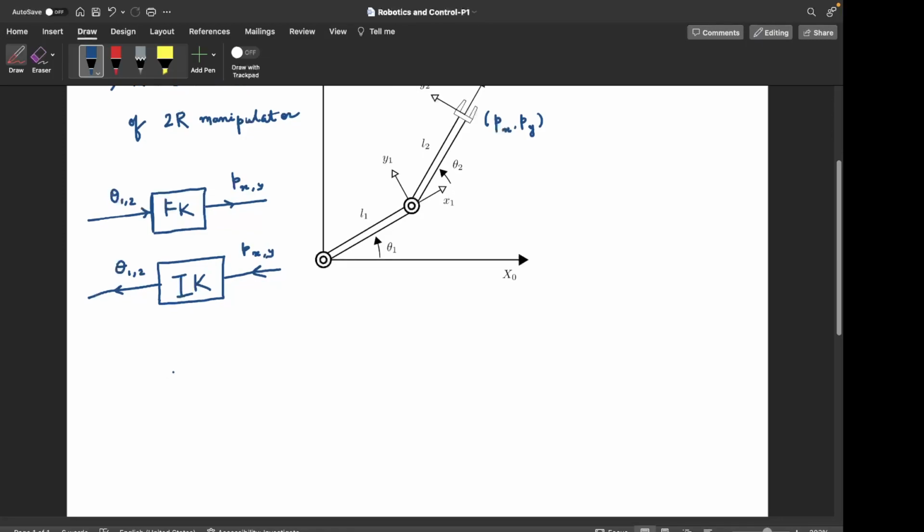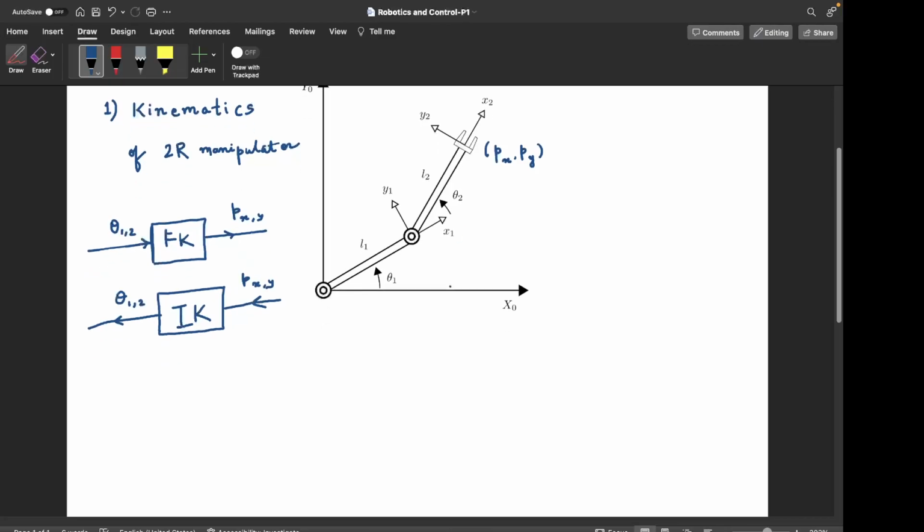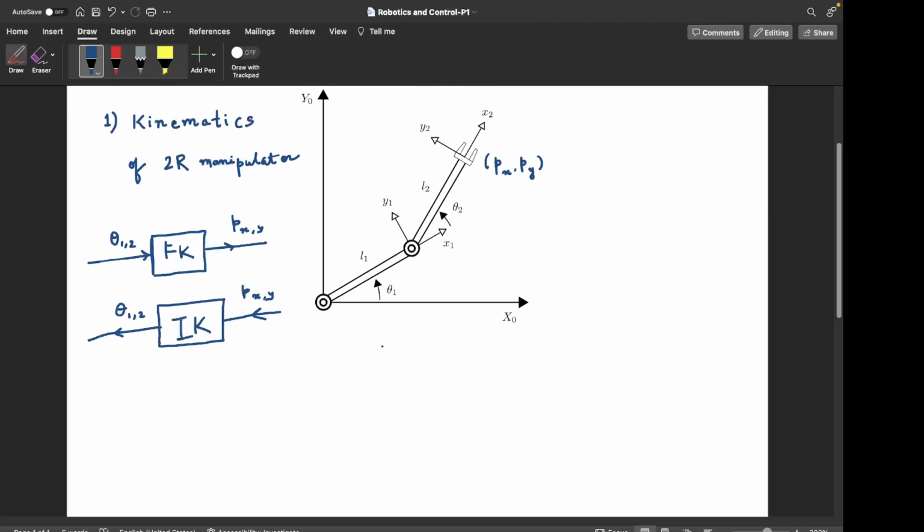Okay, so we will start. You can maybe think that an obvious approach would be to write px and py in terms of L1, L2, theta 1 and theta 2, right? So we would get two equations, one an expression of px in terms of these quantities, another an expression of py in terms of these quantities, and then there would be two equations, two variables. We can always solve the system of equations. So that's what we will do now, right? I will also use the DH parameter approach,